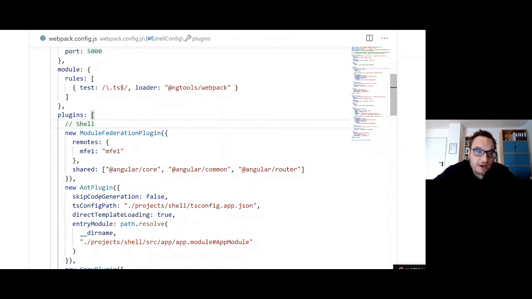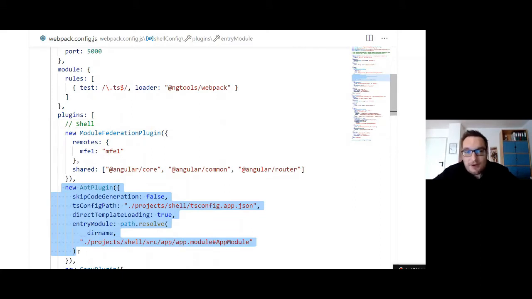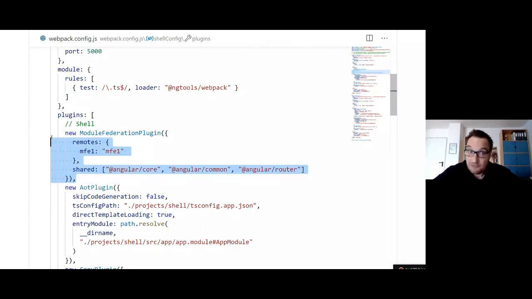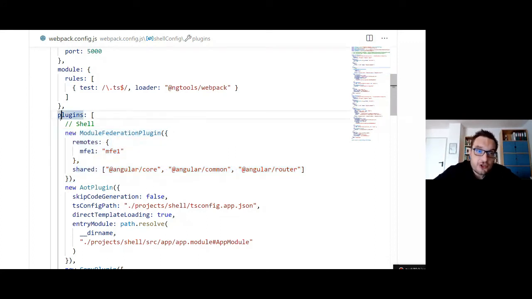The rest here I also did by hand, but normally the rest here is done by the Angular CLI. Unfortunately, we don't have CLI support for this yet, and so I just hand wrote the whole configuration. But in the future, you only need to write those few lines of configuration code. The rest will come from the CLI. So this is the configuration in the shell.